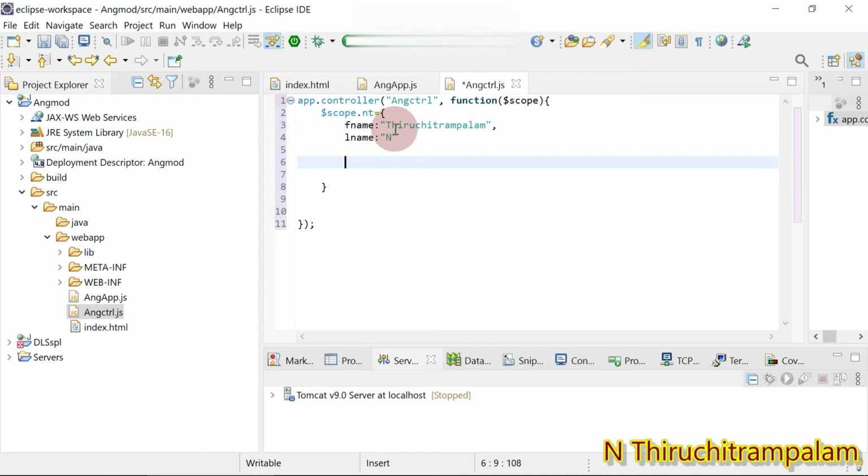And then what I do, I create a function named fullname colon function.